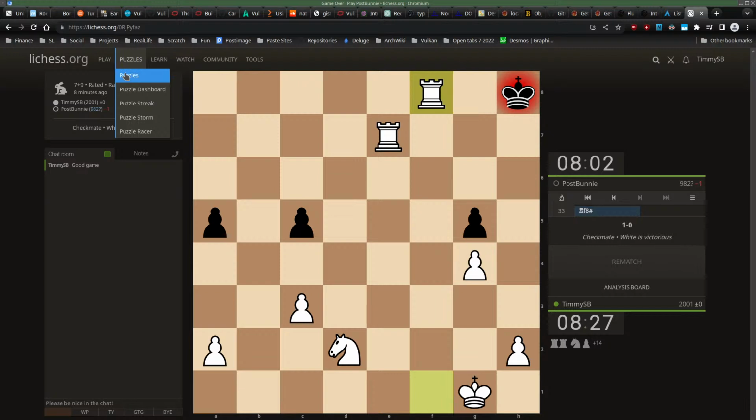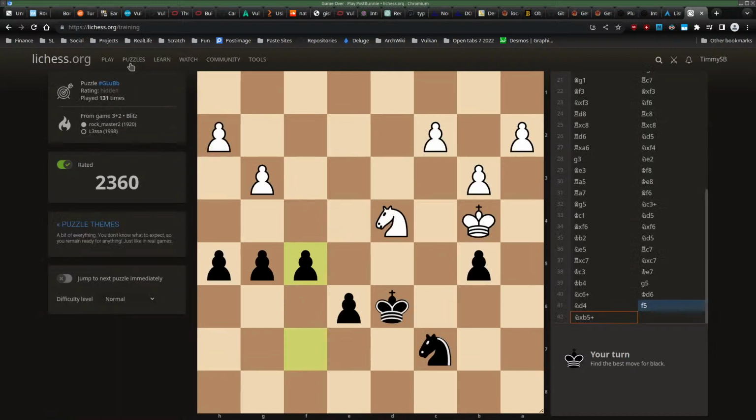I'm gonna do one puzzle. It's not possible. Cannot click on puzzles. Oh, that worked. What is this? Find the best move for black. Well, probably winning because we can run here and promote, but we can only promote if we